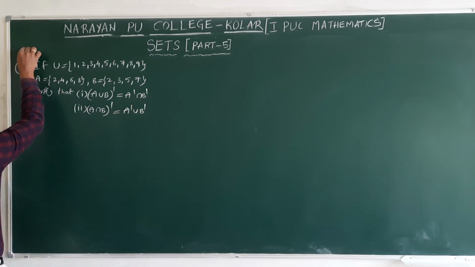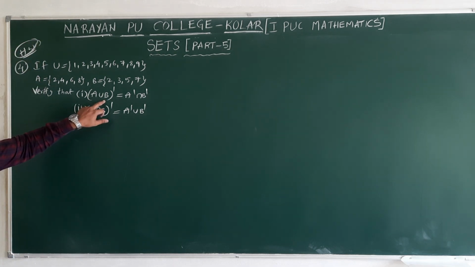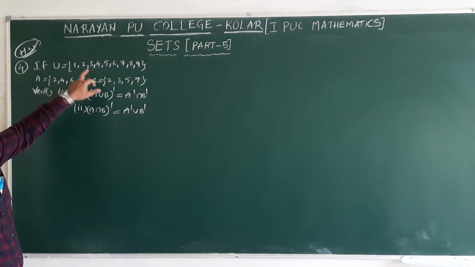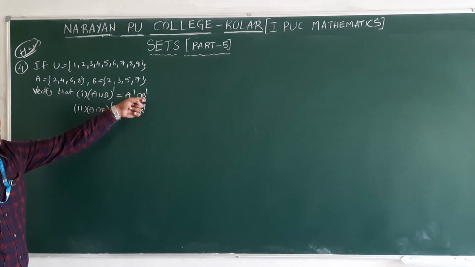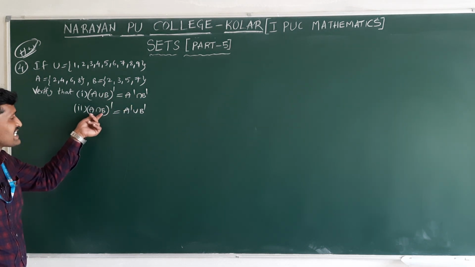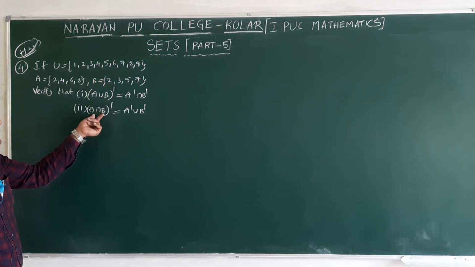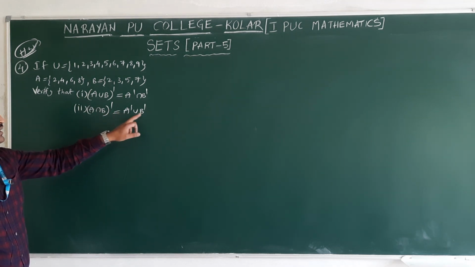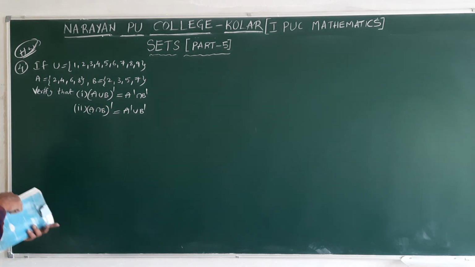This is also homework, we can try. Easy. First find out A union B. A union B whole dash means U minus A union B. You will get A dash means U minus A, B dash means U minus B. Apply intersection. Intersection means common elements. Similarly here, find A intersection B first, the common elements between A and B. Next, A intersection B whole dash means U minus A intersection B. Similarly A dash and B dash, apply union operation. Both will be equal only, okay?